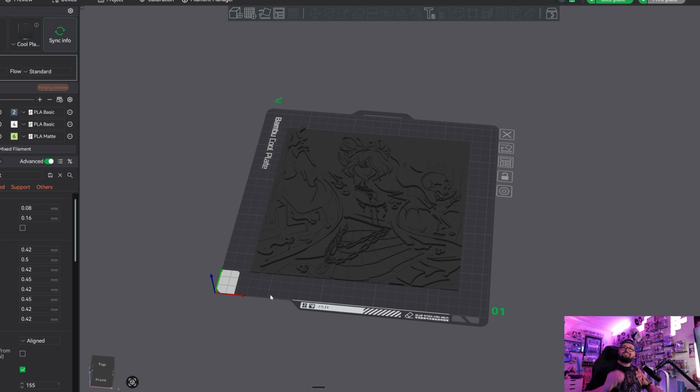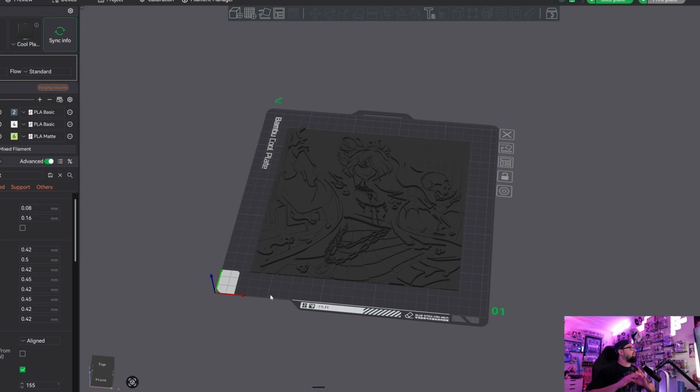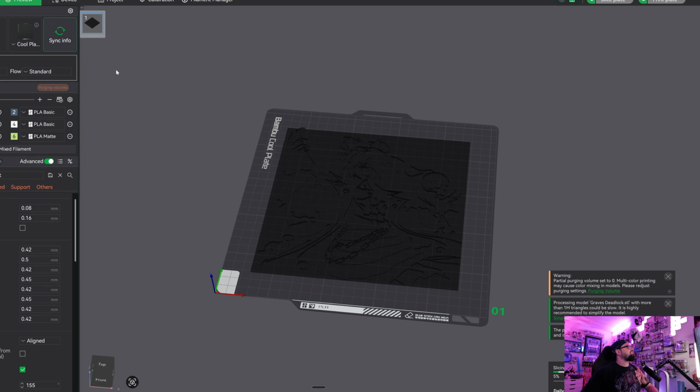All right, so we're here inside of the slicer because the first question that I see all the time across literally the entire internet is this: why does my layer count inside of my slicer differ from the layer count that I put in HueForge? Now, this is unfortunately one of the most frustrating things to come across, because when you dive into the slicer, all you really want to do is slice your print and send it. And so whenever you see unexpected things like different amount of layers, it can be really frustrating, and the answer